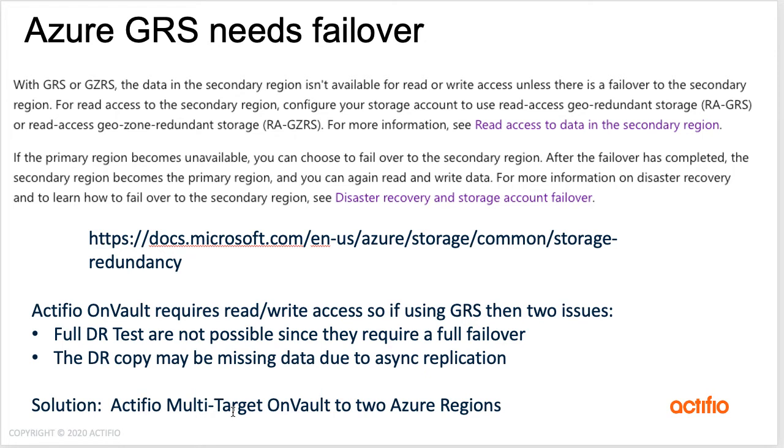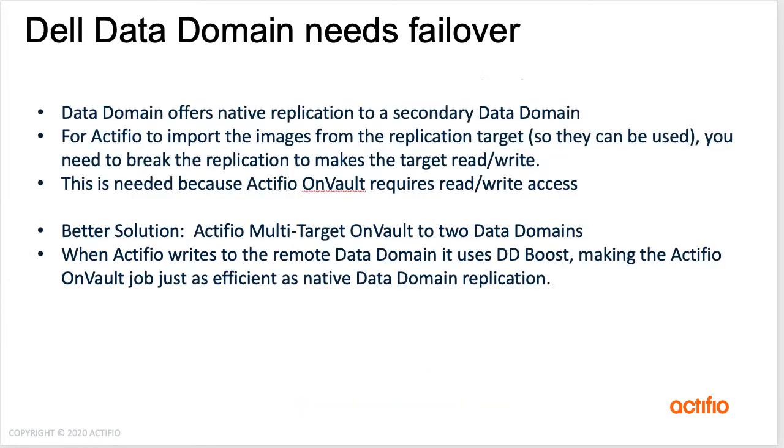access each region independently. Now, again, I mentioned Data Domain earlier, and obviously if you're thinking, well, Data Domain is not a cloud provider, in fact the same concept applies from an Actifio perspective, which is that I can write OnVault images to the first data domain and OnVault images to the second data domain independently, both using DD Boost, so you get the same efficiencies that you get from a data domain replication method, but I avoid the need to break replication when I want to do a DR test. So there's real benefit from a business perspective by writing separately to each target rather than letting the DD do